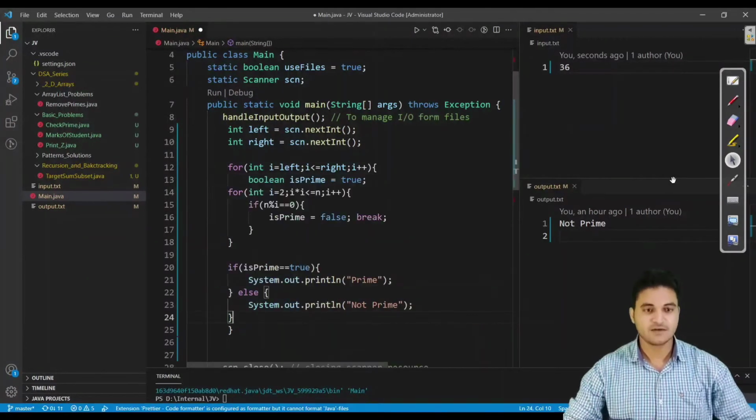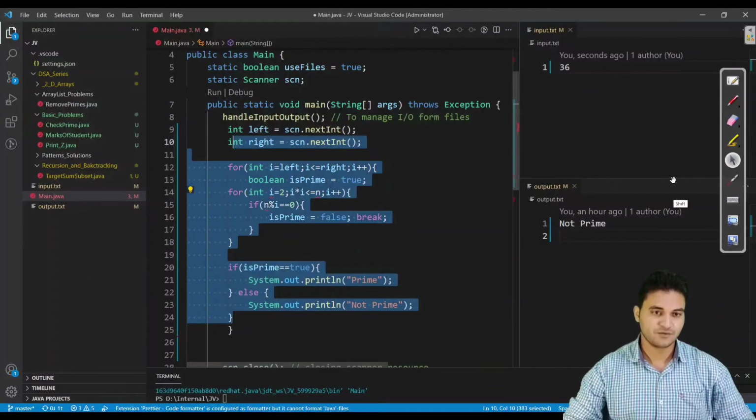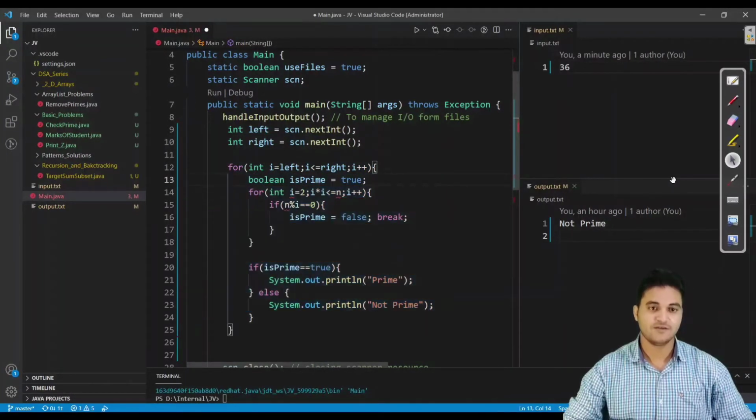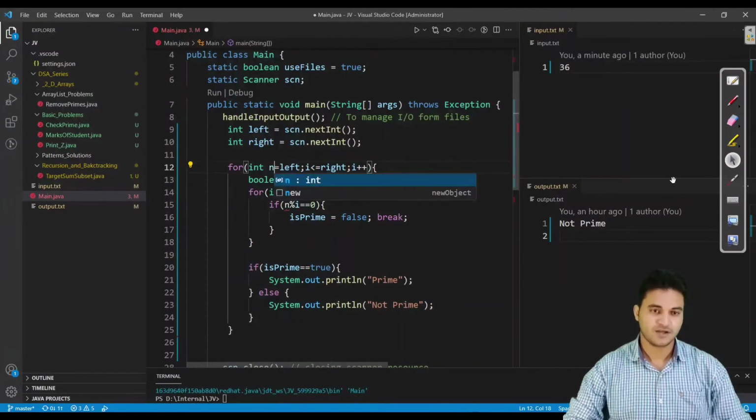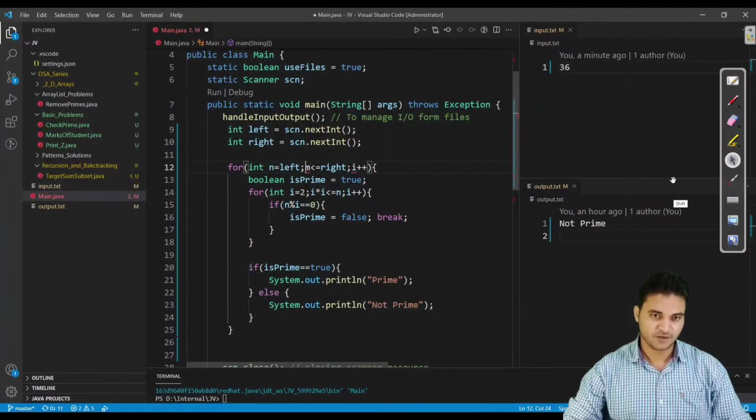And what changes will I have to do? See it very carefully. I will just have to change i with n, or n with i. As you can see, I'm running my loop with i, so I should change it to n, start from left and go till right, and that's it.